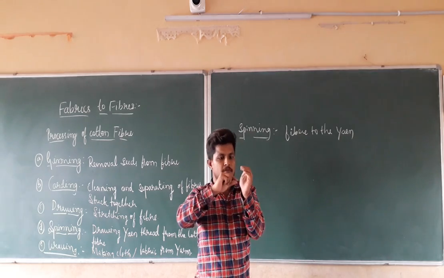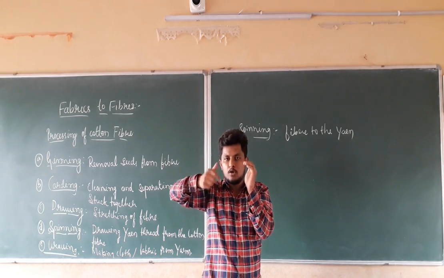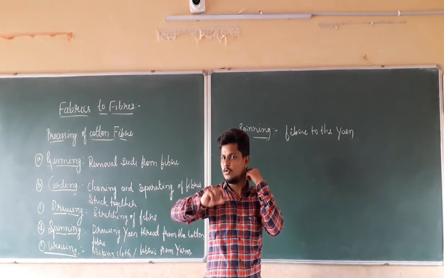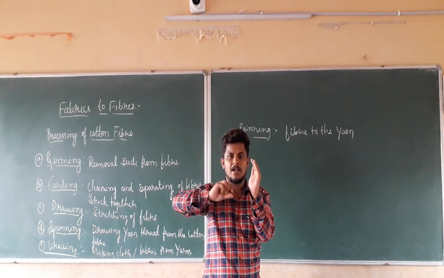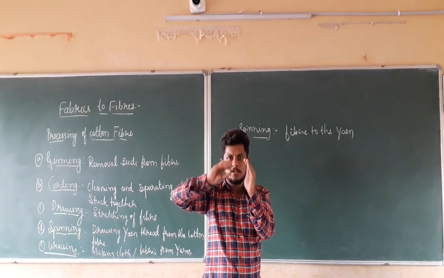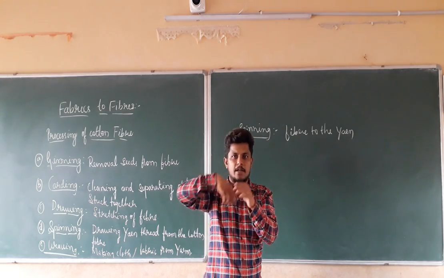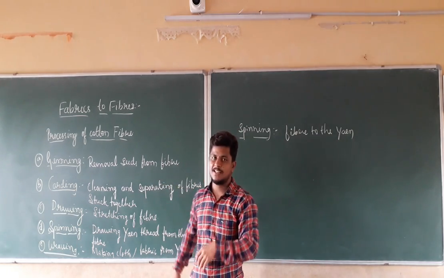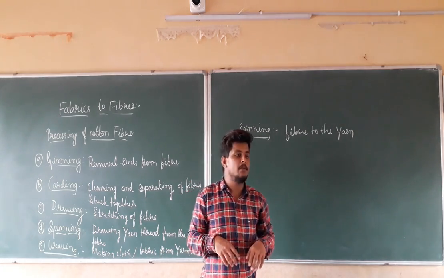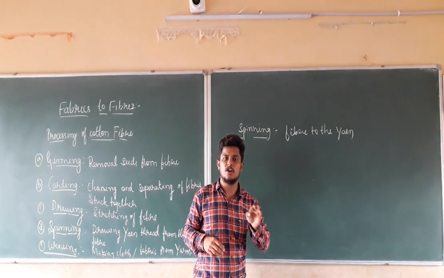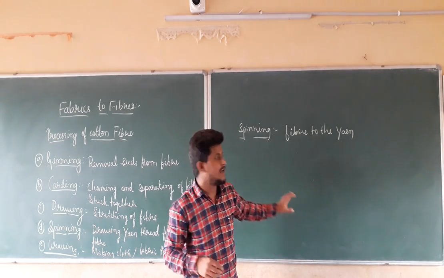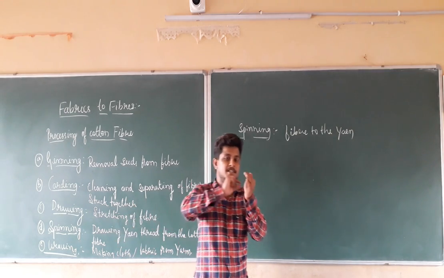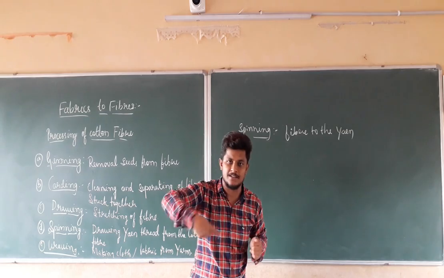So what we have to do? While pulling those things out, we have to rotate it, or twist it. What will happen after the twisting? It will become twisted. The fiber which is present in that cotton will become yarn. It looks like a thread, or it looks like a yarn. Thread and yarn is made from the cotton fiber by pinching it, pulling it out and twisting it.